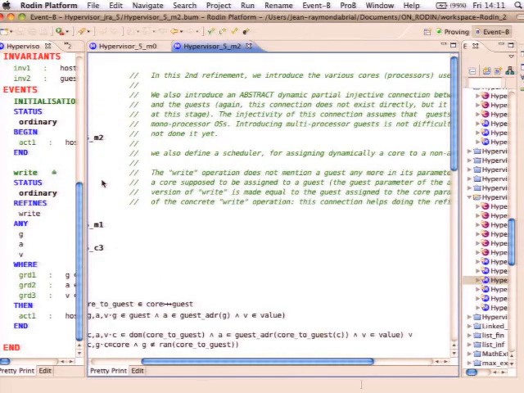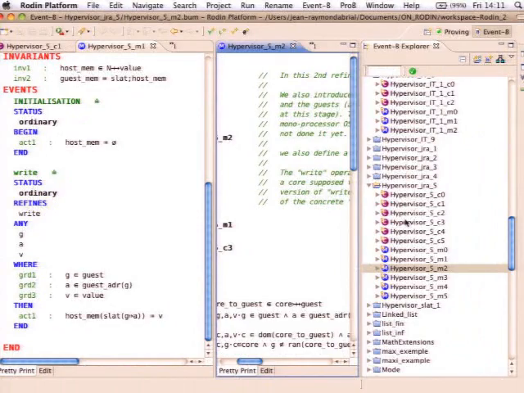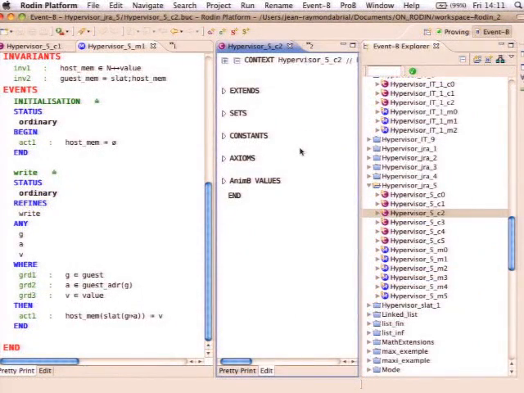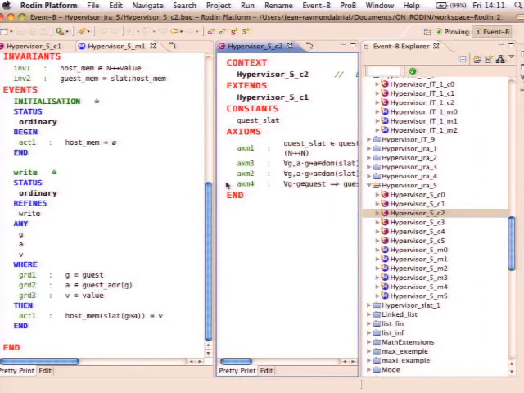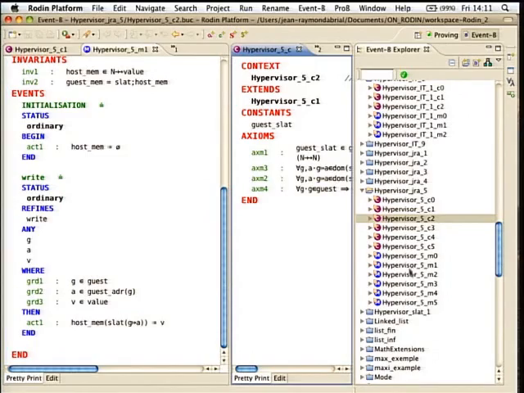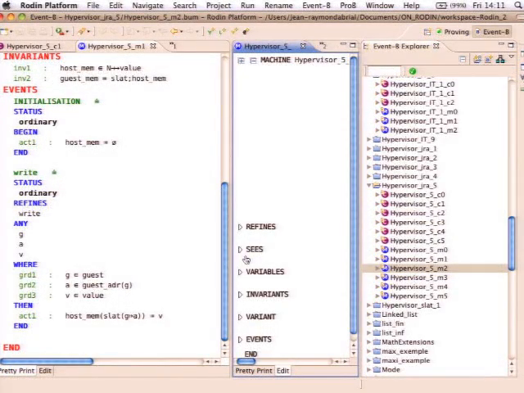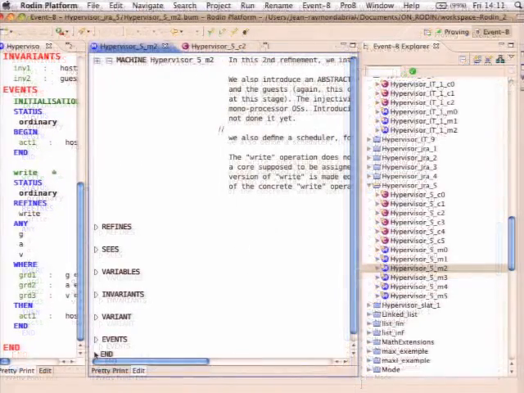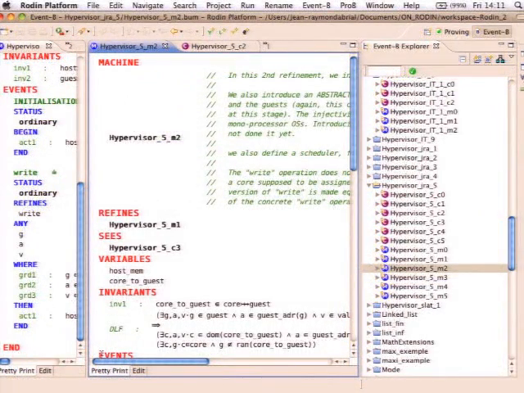And as I say here, we also define the scheduler. This is done through another context here, and that other context is defining. I'm not sure. Maybe not. Let me have a look. So we are here. M2. Yeah, M2. Okay. So this one. Yeah, it uses